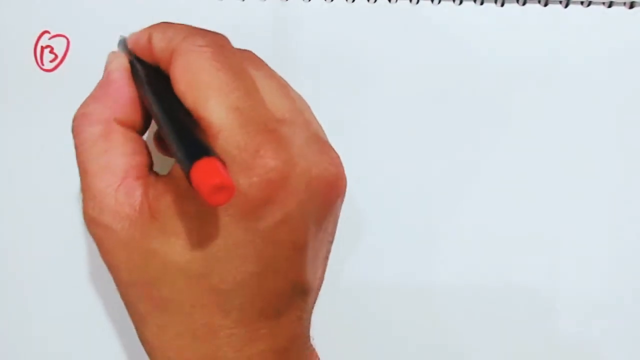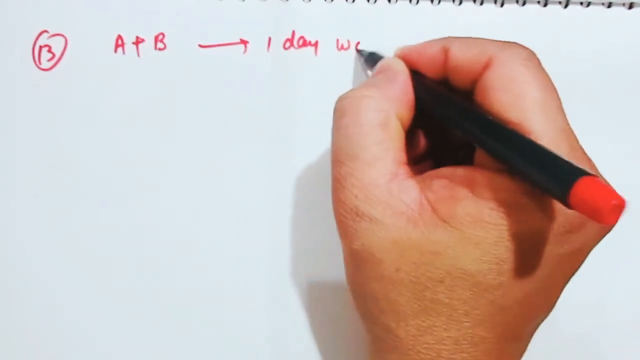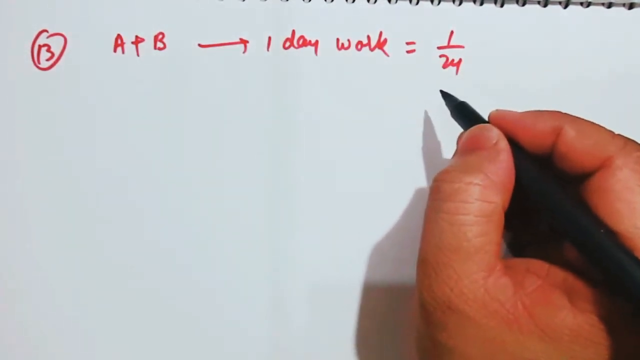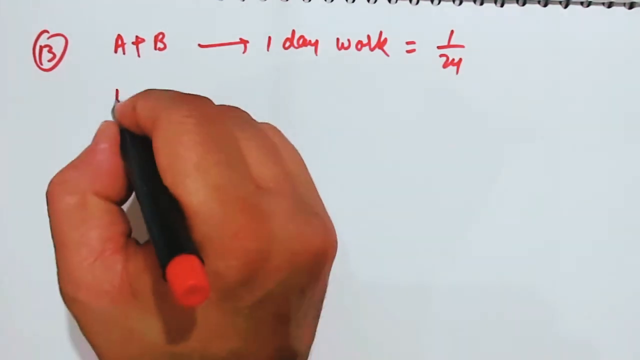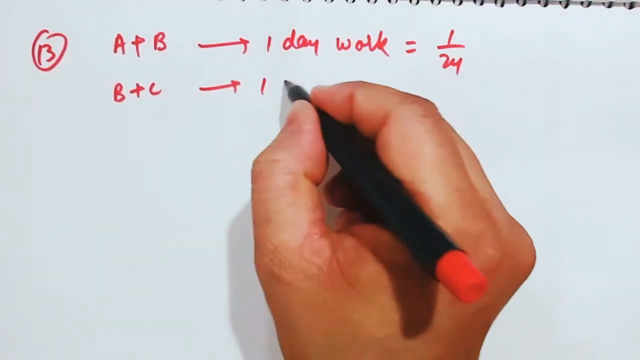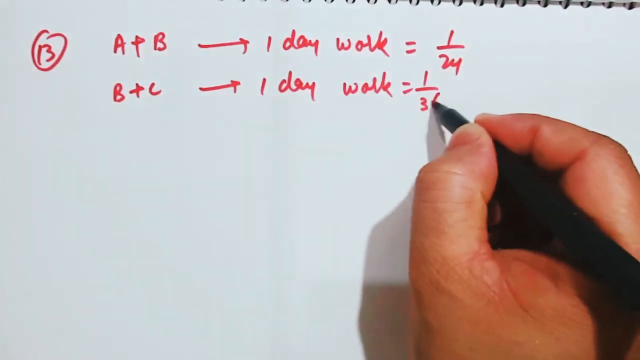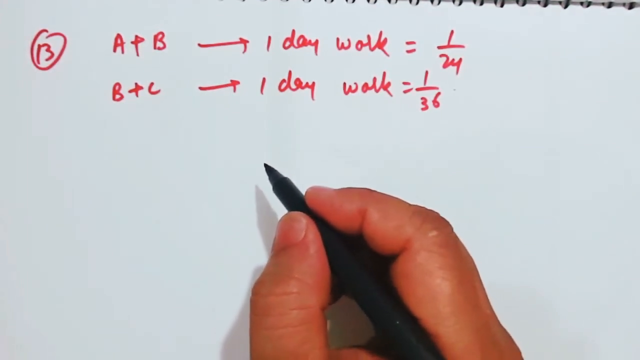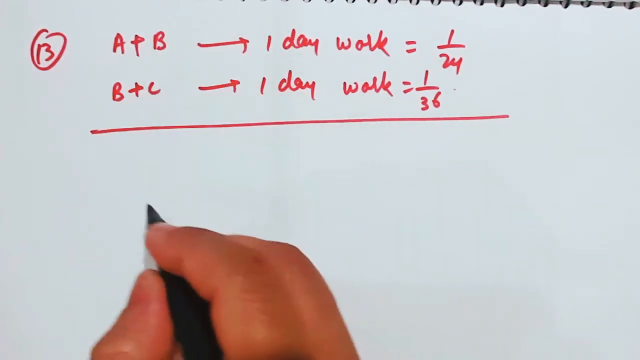A and B can do a piece of work in 24 days. So let's do this one also, that A plus B, 1 day work, how much? Is equal to 1 by 24. And they are saying that B and C can do the same work in 36 days. So B plus C, again 1 day work will be equal to 1 by 36. And A, B and C together finish it in 18 days. So why not add this one? Let us first add these two. So you will get